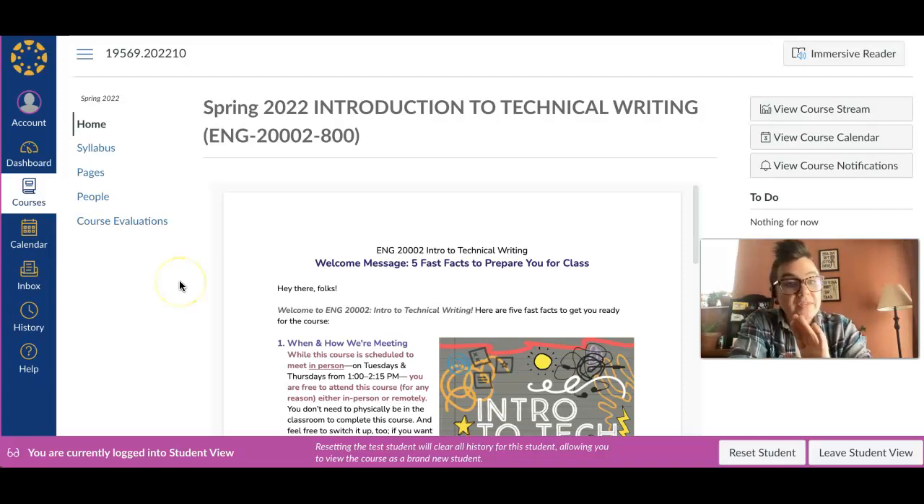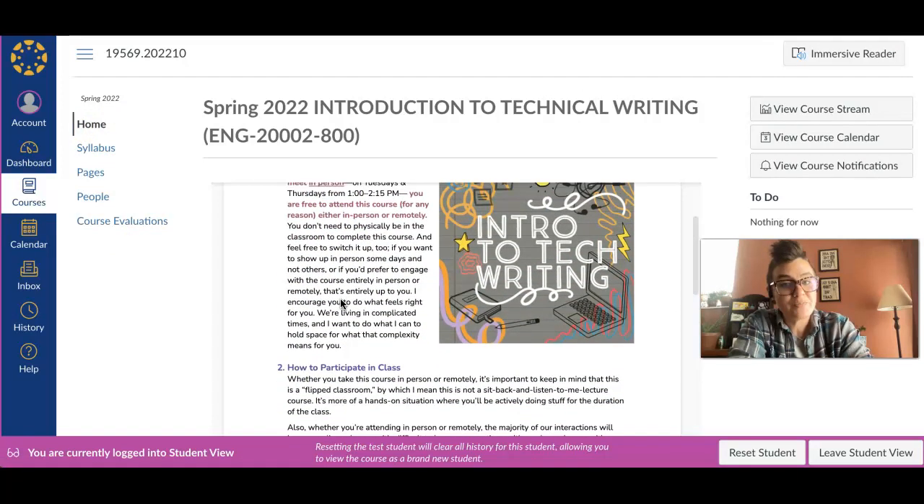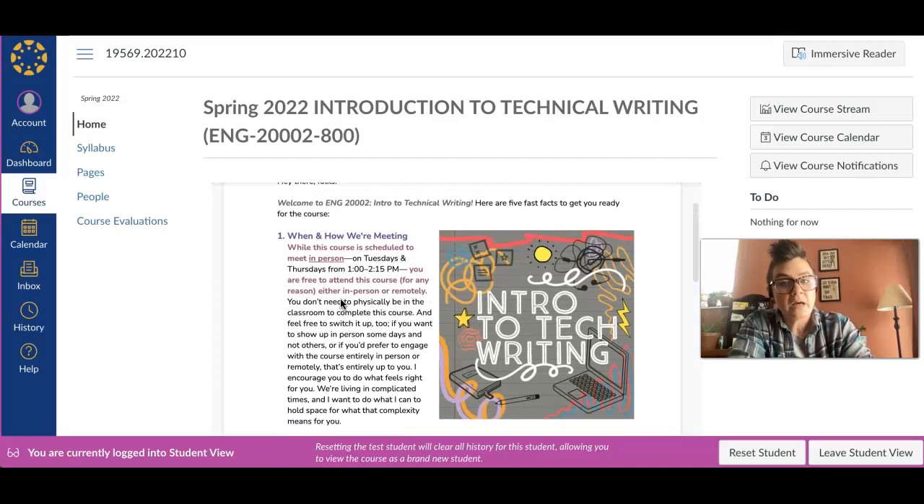All right, so we'll start with Canvas. So this is the student view of Canvas. This is what you're going to see. You're going to notice that it is a relatively clean course in terms of there's not a ton of links. That's on purpose. So the first thing you're going to see on the home page is my welcome letter to you. I'm also going to send that to you as an email, but it's basically going to explain when